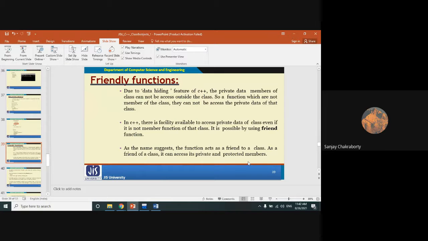What is the use of the protected member? I am not going to show that right now. While I am discussing the inheritance and polymorphism property, at that time I will show you the use of the protected member. Right now, you will just understand this thing. A protected member is some kind of member which sits in between private and public. It has some property of public and some property of private.